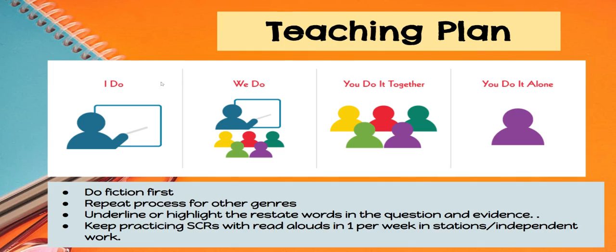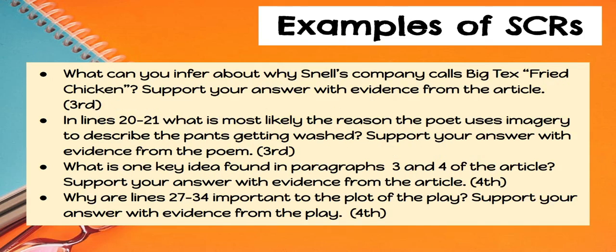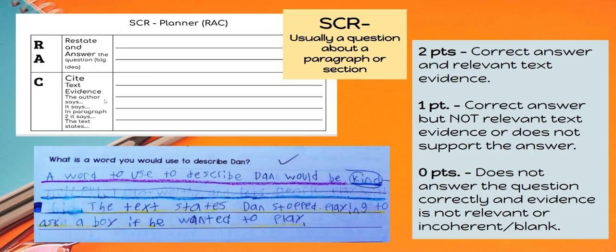That really helped. I would do it step by step: first do the RA, say it, write it, and get maybe a chocolate chip to reinforce that behavior, if that's what you're trying to do. Then when they do the evidence, they say it, they find it, they say it, and then they write it. With those, I always put sentence starters on the board, just like you saw the planner. I would write on the board, or keep repeating, "the text says." You can see how this student wrote "the text states." So keep repeating those sentence starters